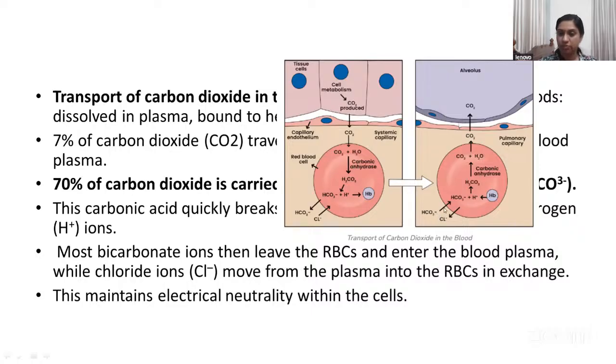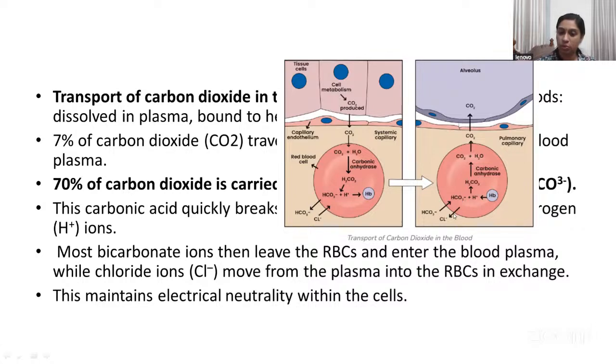And the outside bicarbonate ion is split from the sodium bicarbonate into sodium ions and bicarbonate ions. That is in the plasma. And from the plasma, this bicarbonate ion is entering the alveolus. This is occurring in the lung alveoli. Inside the RBC of the lung alveoli, these bicarbonate ions are entering, and to substitute that, the chloride ions